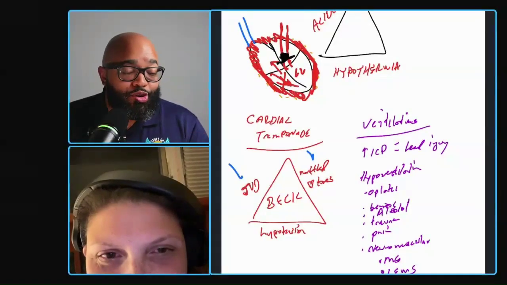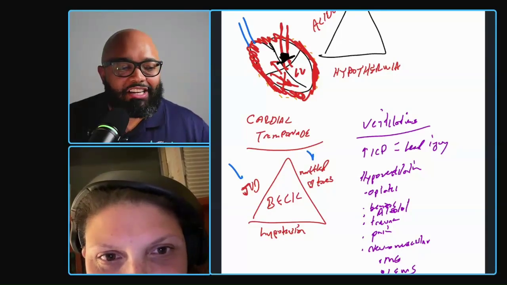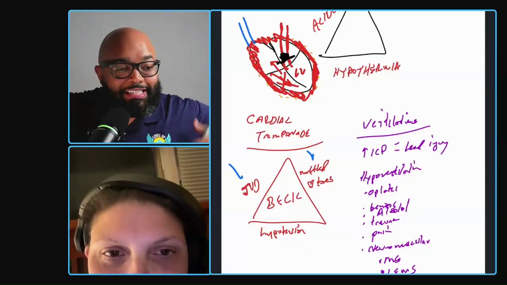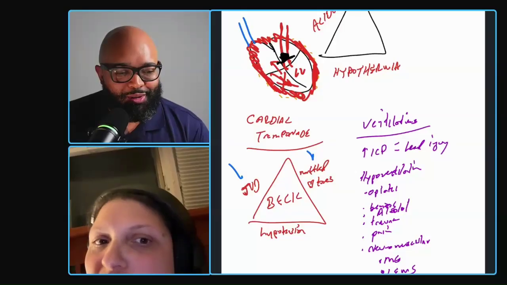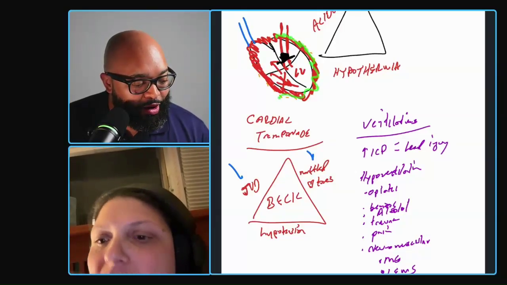Okay. And so my mind keeps telling me you could call that relative hypotension. It's not that you lost the blood, like it's not on the street somewhere. It's still inside the skin, but it's not inside the heart and the blood vessels where it's supposed to be. Instead, it's filling up this pericardial sac.